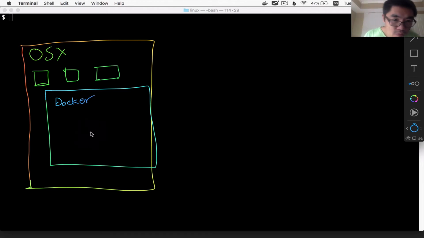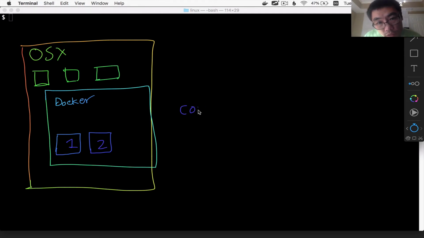Actually, more than one operating system. And within it, it is running these tiny computers. And Docker calls these guys containers. So maybe I have container 1, and a container is like a mini computer that's running inside of Docker, running inside of OS 10. So you got each of these.